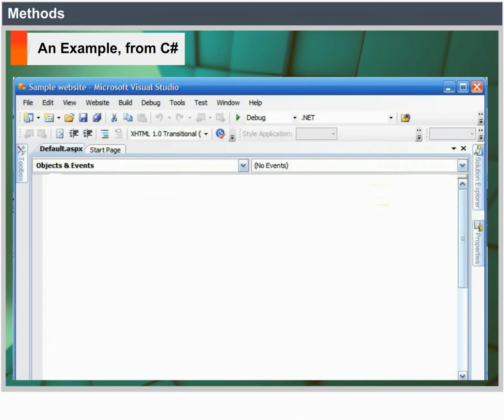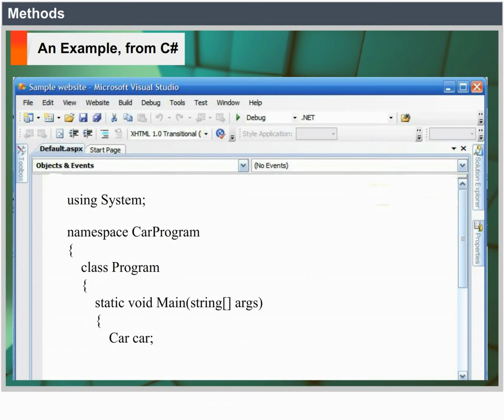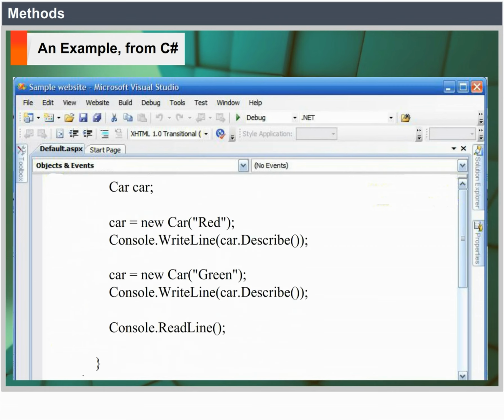An example from C#. using System; namespace CarProgram { class Program { static void Main(string[] args) { Car car; car = new Car("red"); Console.WriteLine(car.Describe()); car = new Car("green"); Console.WriteLine(car.Describe()); Console.ReadLine(); } }